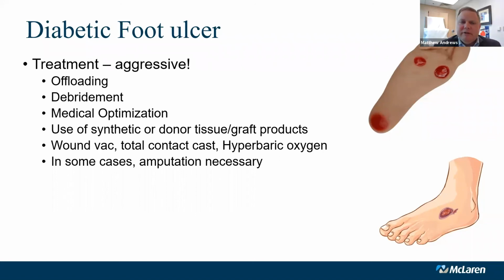And then medical optimization. People with diabetic foot ulcers, particularly, if your blood sugar is 250 or 300 all the time, you're not going to heal anything. Your ability to heal things becomes severely impaired if your blood sugar is very high. And that just has to do with some of the molecular mechanisms of healing in the context of too much sugar within the blood.